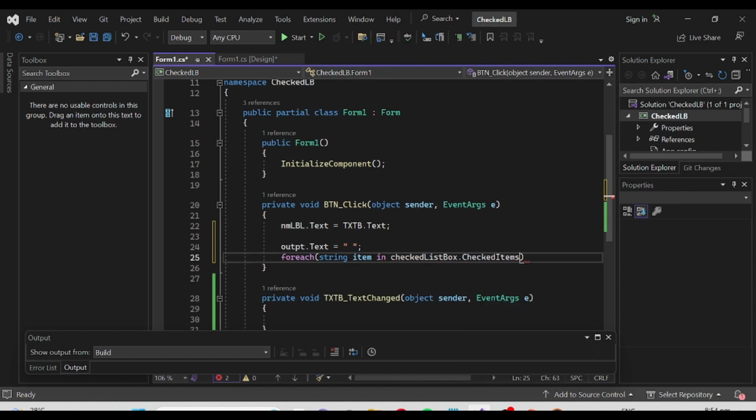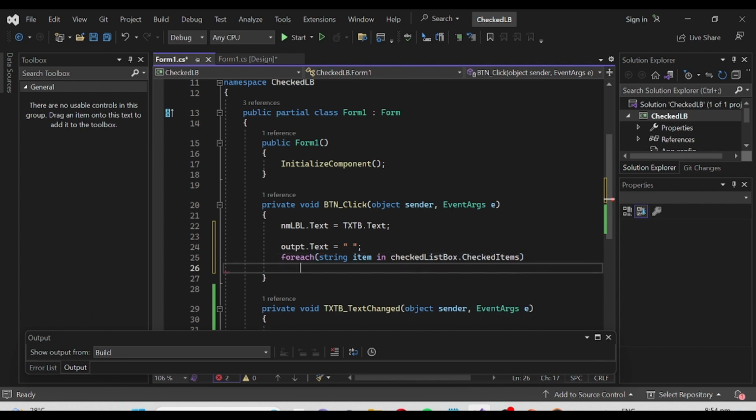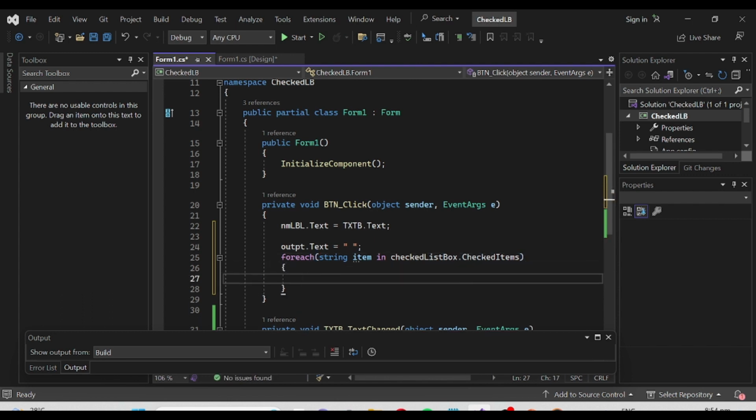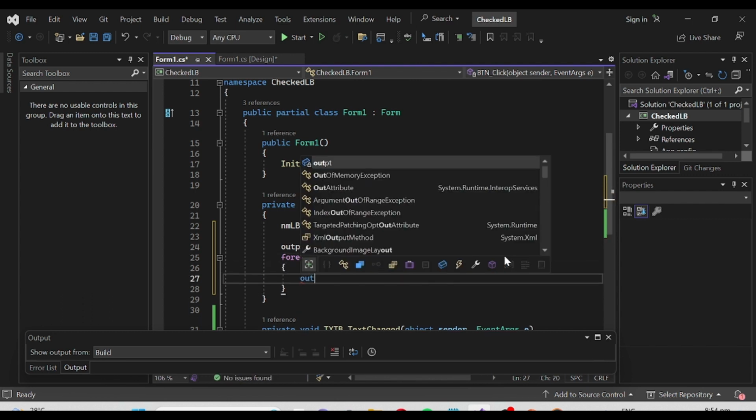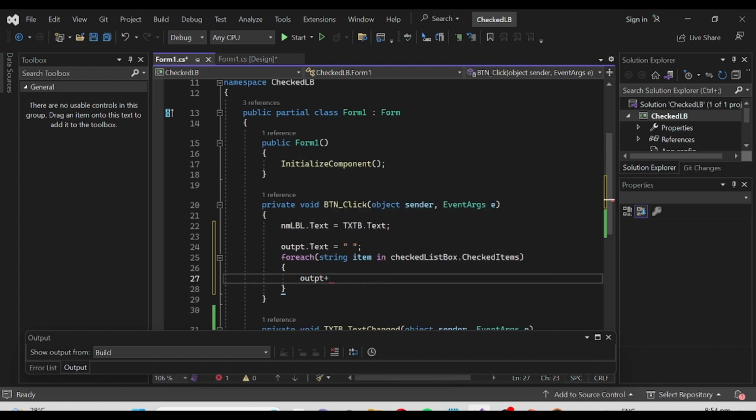It means that the checked items will appear in the output or the outpt. And then outpt.text plus equals item, and before the item I add the \n or the next line for the next line. And then once we run the program,